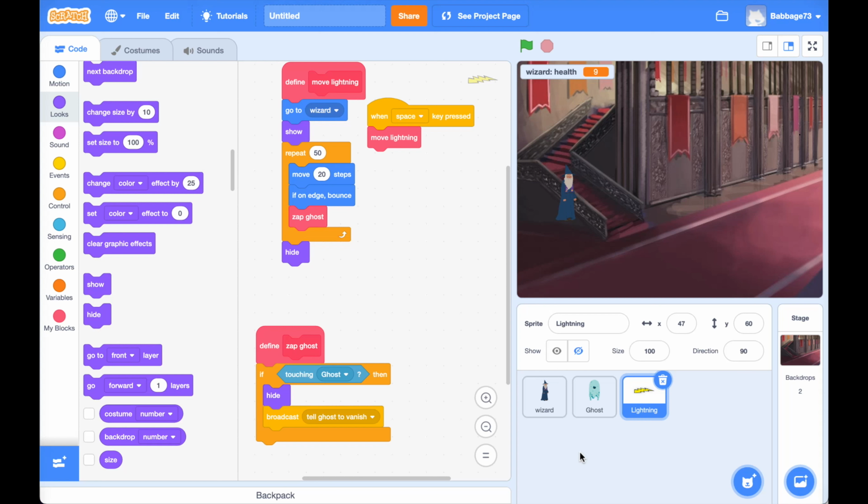Alright everyone, so we've got the lightning bolt coded in such a way that it seems to come from the wizard, like that. But now notice, suppose that I'm facing to the left and I hit space, 3, 2, 1, space, 3, 2, 1, space, it goes behind me. In fact, it doesn't really matter which way I'm facing, the lightning bolt always goes off to the right in